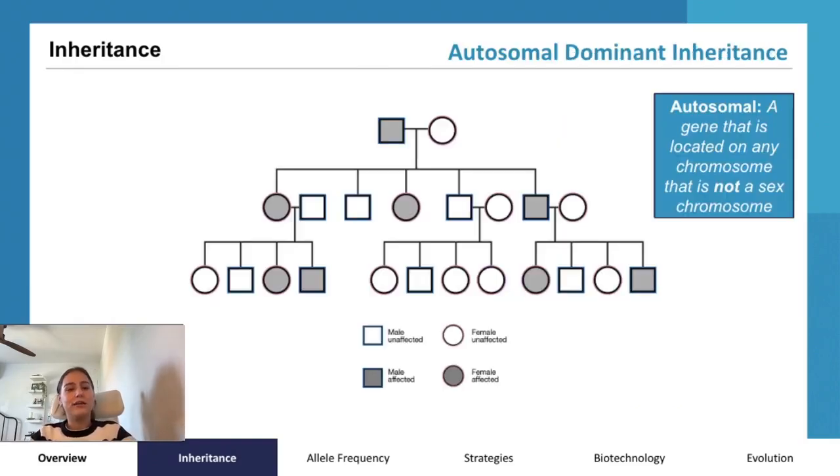So, let's delve into how we can use pedigree charts to predict the inheritance of genetic disorders such as Huntington's disease. Huntington's disease is a type of disease affecting movement, cognition, and mental health. We can represent its inheritance using a pedigree chart like the one shown on screen. A pedigree chart is a diagram that shows the occurrence and appearance of phenotypes of a particular gene or organism